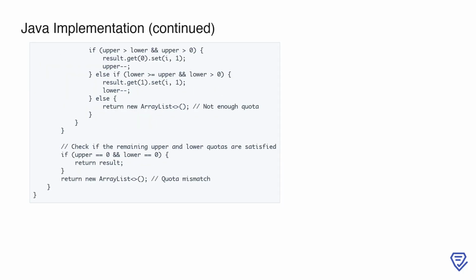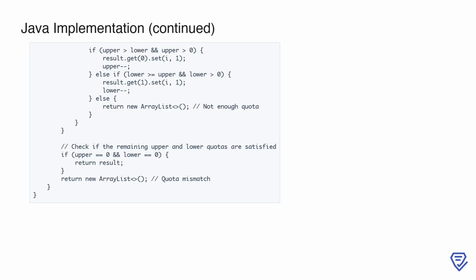Now, for columns where the sum is 1, we need to decide which row gets a 1. If the upper quota is greater than lower and still positive, we assign a 1 to the first row and decrement upper. Otherwise, if lower is greater than or equal to upper and still positive, we assign a 1 to the second row and decrement lower. If neither condition is met, meaning there's insufficient quota to allocate a 1 to any row, we return an empty